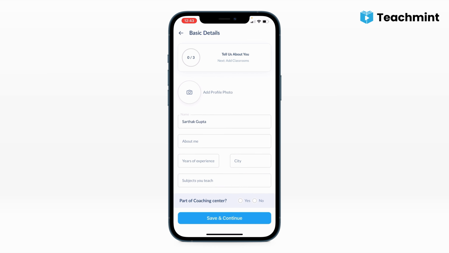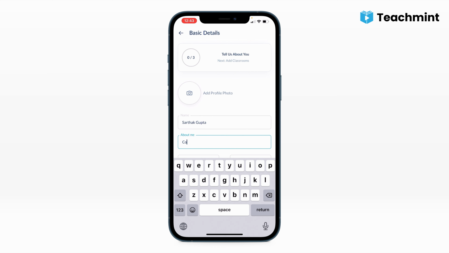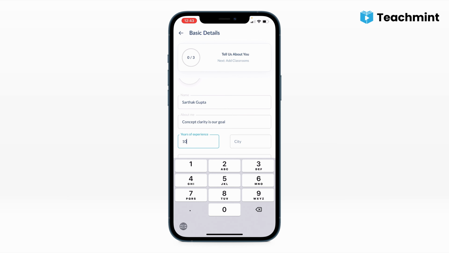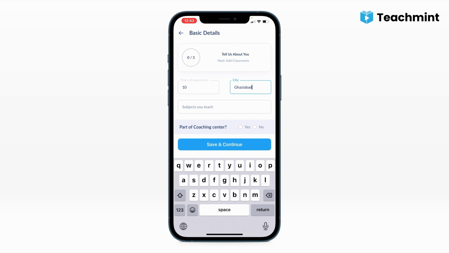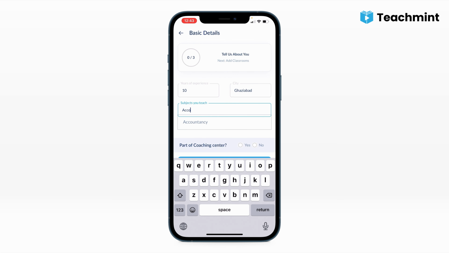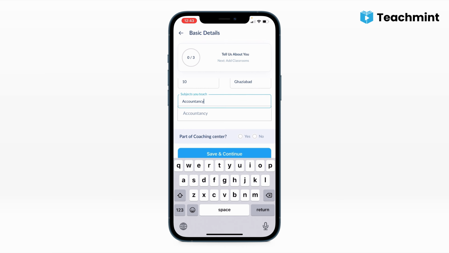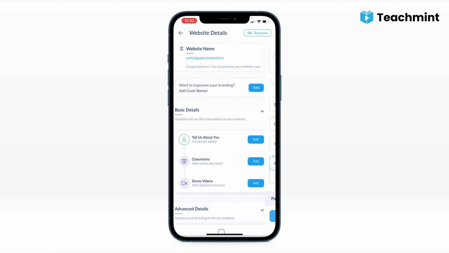Just click on Add, type about me, years of experience, city, and subject you teach. Then click on Save and Continue.